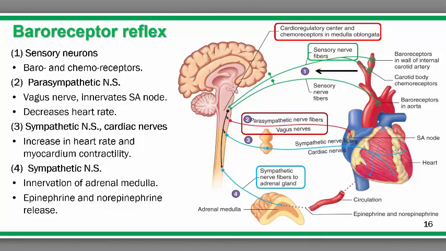What we see here with the sympathetic nervous system, if blood pressure is dropping, this is the opposite scenario. If blood pressure is dropping, these baroreceptors, these sensors, will detect a less than normal blood pressure. Once again, that information will go back to the nervous system, and the nervous system will activate the sympathetic nervous system. And by activating the sympathetic nervous system, the heart will start beating faster and beating stronger, so more blood will enter the aorta,